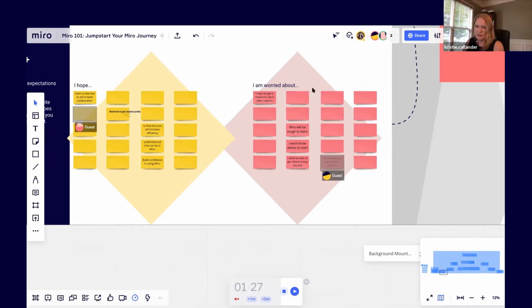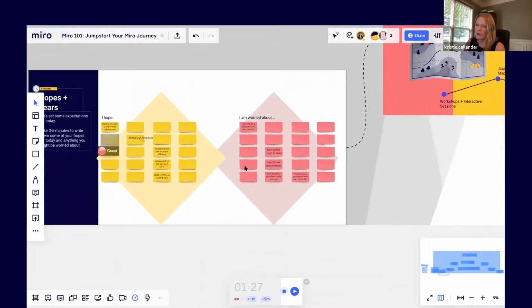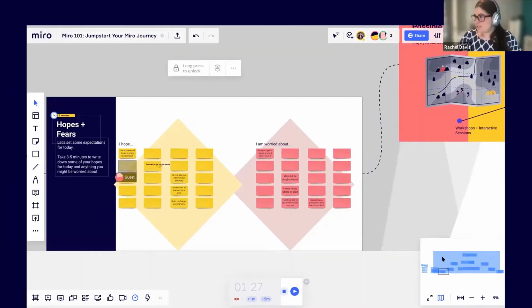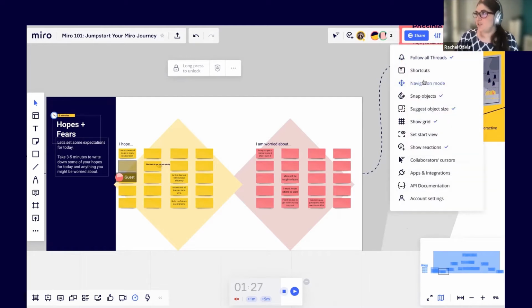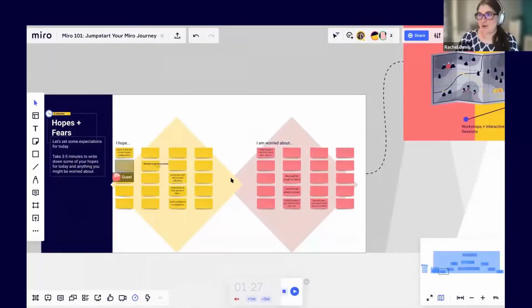And I may be jumping ahead here, but I know you were zooming in and out of things. How are you doing that? Yep. You see this little thing down at the bottom that says 9%. You can do it from there, plus or minus. I use a trackpad, so it's the same motion as you would use to zoom in and out on a trackpad. If you're using a trackpad, like on a laptop, make sure your navigation mode settings up here are set to the right thing, mouse or trackpad, and that'll help you zoom in and out.